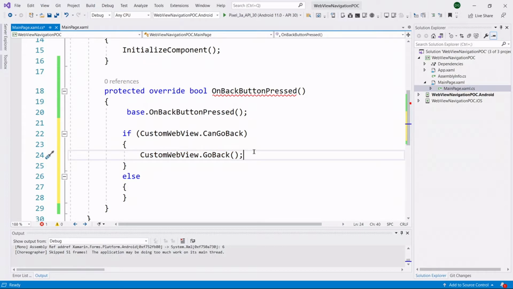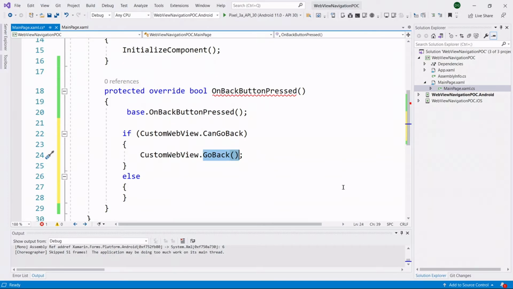In our web view control, I have one predefined method available. That is the GoBack method. With the help of this GoBack method, the user can go to the previous page instead of closing the application. So whenever the user clicks on the back button in our mobile application, it will check the if condition whether the user has any previous pages available or not. If this property returns true, it will move inside this if condition and it will execute the GoBack method. Once the GoBack method code is executed, our application will move to the previous page in web view.